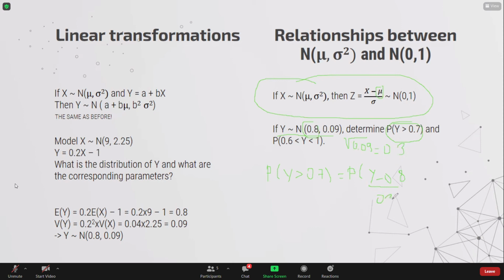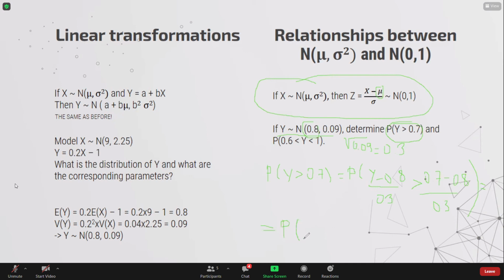We just copy and paste the standard deviation here. Then we follow what is given. We have being more, and here we have a number. So that's easy. We just have 0.7 minus 0.8 divided by 0.3. And the main point of doing that, because we have to find the number here and then find it in the table in order to get the probability of having y more than 0.7. So if you calculate it correctly,